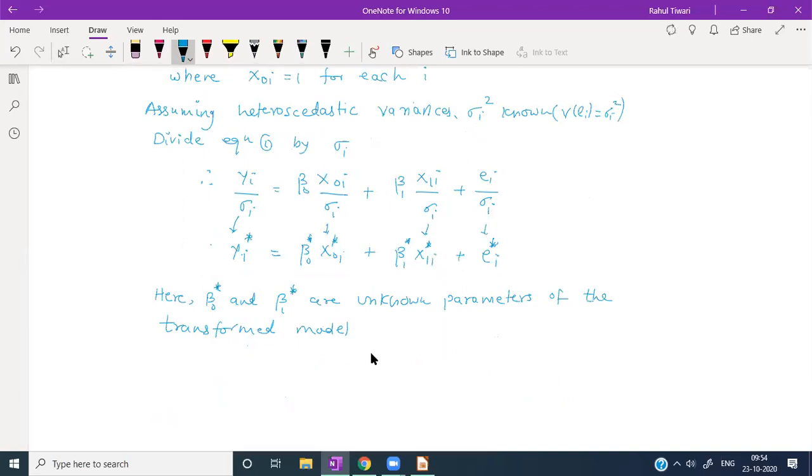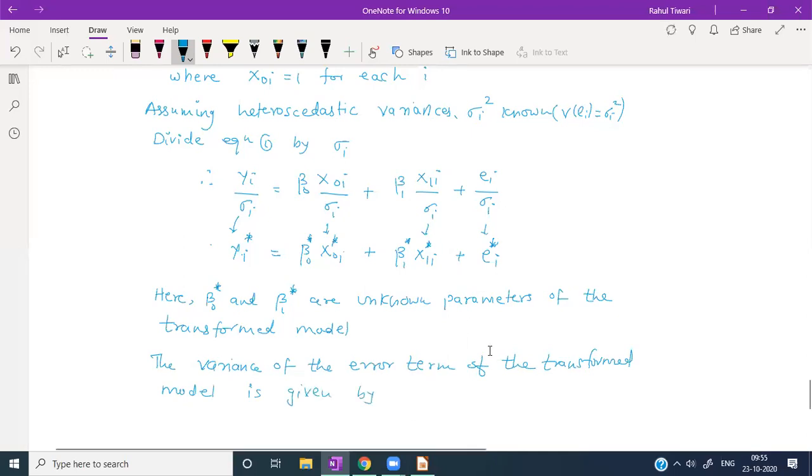So what about the variance? The variance of the error term of the transformed model is given by, now see,